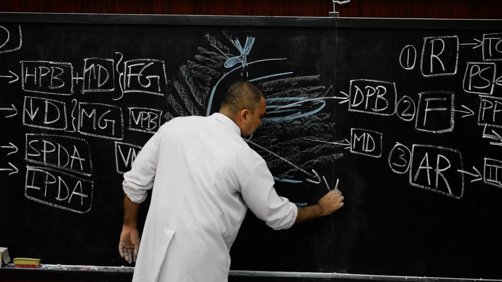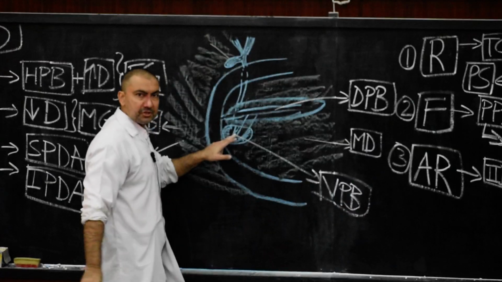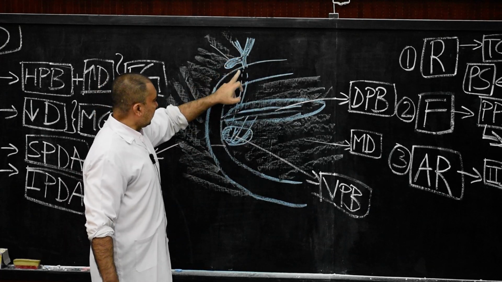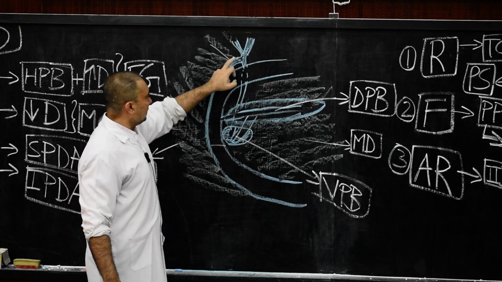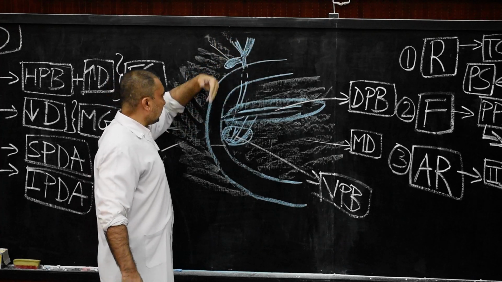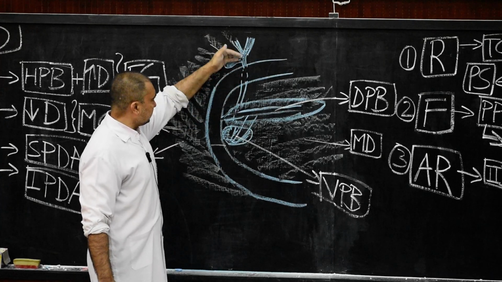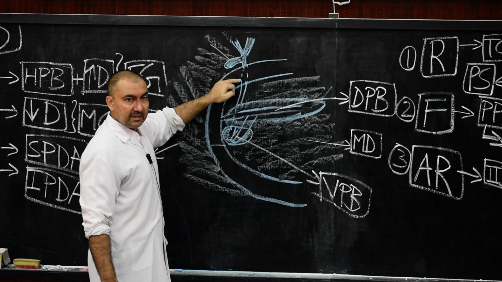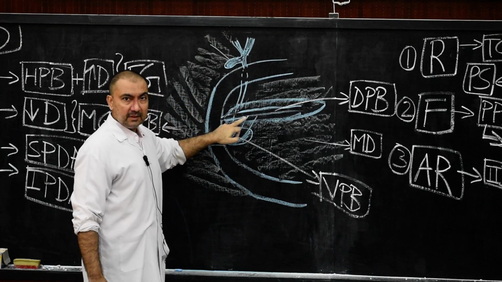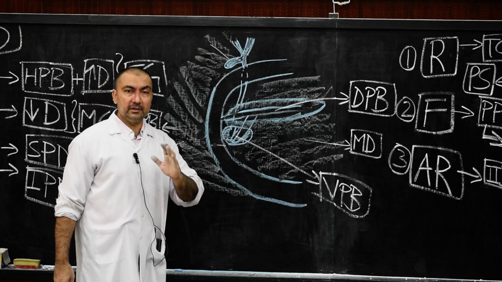This will be the ventral pancreatic bud. This portion, ventral pancreatic bud, dorsal pancreatic bud, and this is the entire gallbladder and the hepatic biliary system. Above there will be the liver, which has passed posteromedially in this diagram, and therefore the ductal system has passed posterior to the duodenum, and it will then connect with the dorsal pancreatic bud. So this is what happens in axial rotation of this second part of the duodenum.